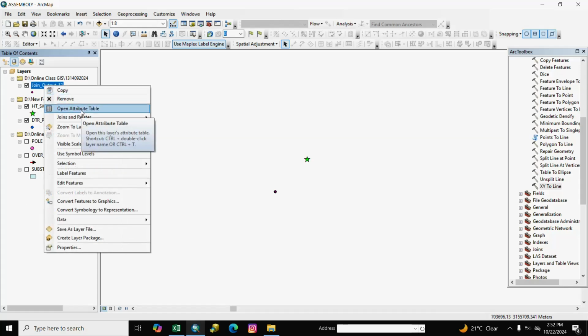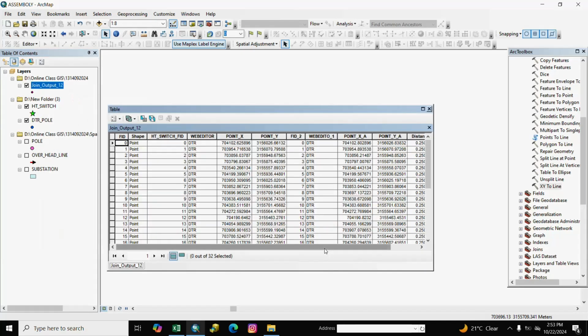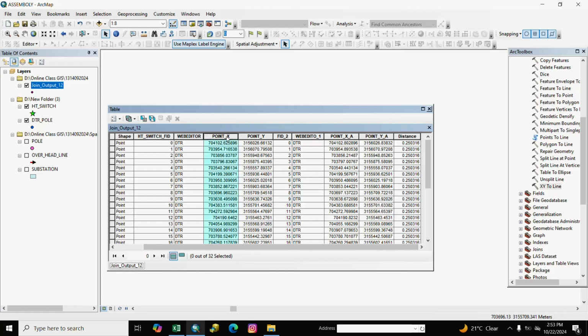Our join file is created. Here DTR pole coordinate, and here HT switch coordinate.